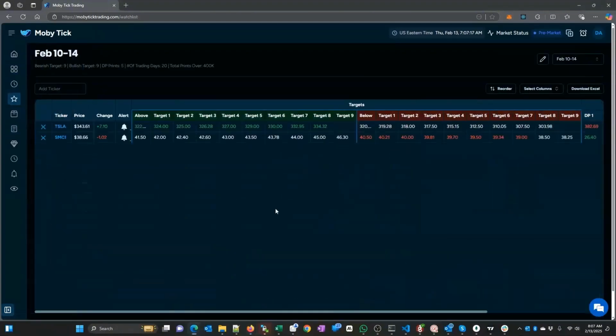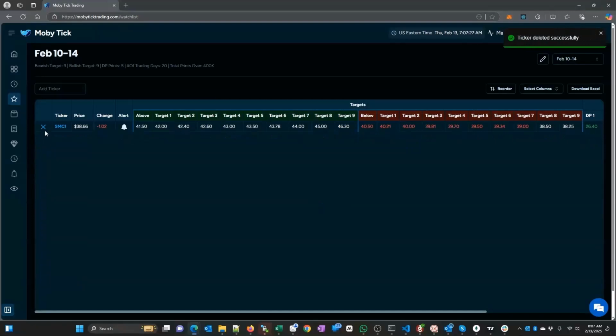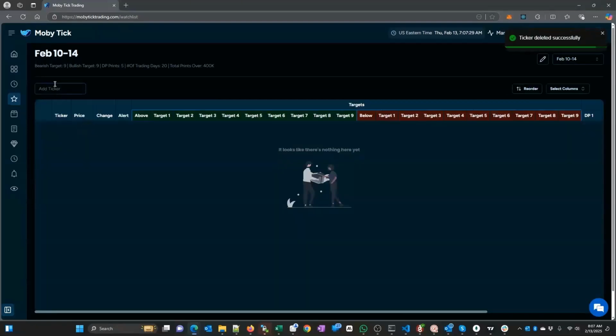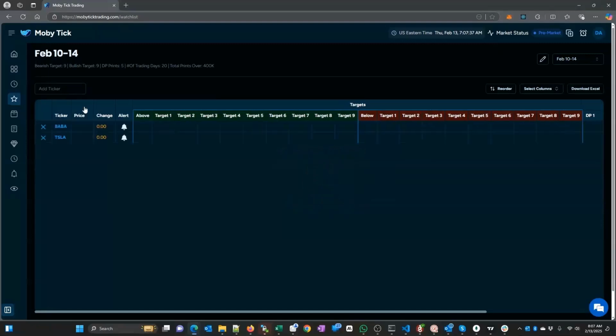So we're going to go over here to watch lists. And this was my call out from the other day, which was SMCI and Tesla again. So I'm just going to delete these here. And we will add our two new ones, which is BABA with a comma and then Tesla. So we're adding those two there. And I've got a whole bunch of targets that are here. So when we map these out,